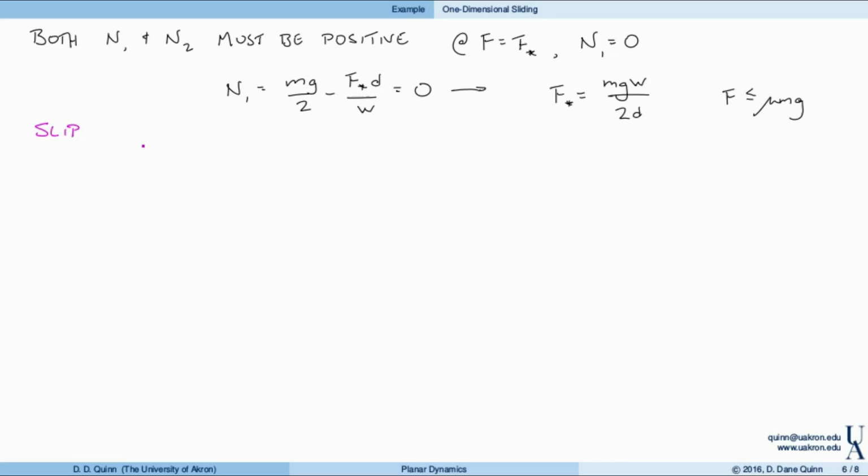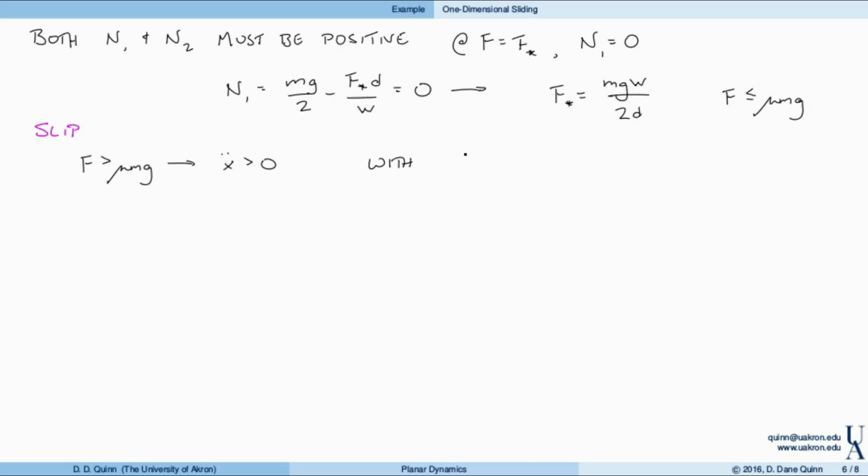So if we have slip, then F is greater than mu mg, right? Because if it's less than that value, the block sticks. So again, F has to be greater than some certain threshold for the block to move. So this implies that x double dot is positive. And as a result,